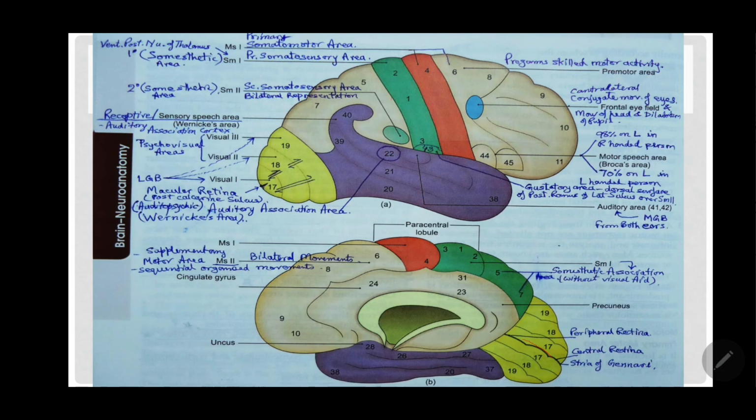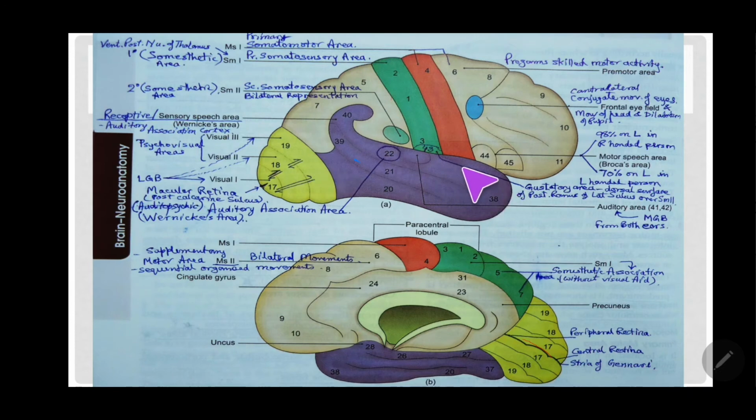Now the primary auditory area. So you look here, this is the temporal lobe, right? And the temporal lobe has two sulci. You have a superior and inferior temporal sulcus, and this one is the superior temporal gyrus. So these sulci, superior and inferior temporal sulci, also reach to cut this inferior parietal lobule into three parts: anterior, middle and posterior, right? And this one is called the supramarginal gyrus. This is the angular gyrus. Behind this, the second one is the angular gyrus.